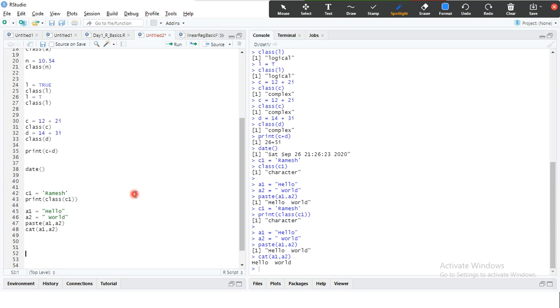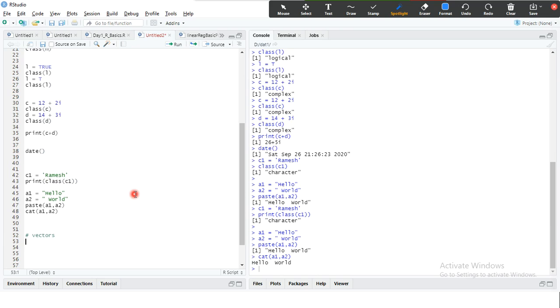So here, to store more than one value, we use something called vectors. We use the c function, using which we can define the vector. We can store more than one value.